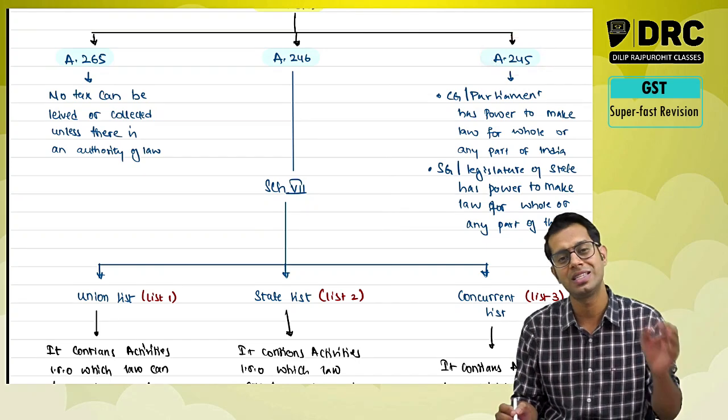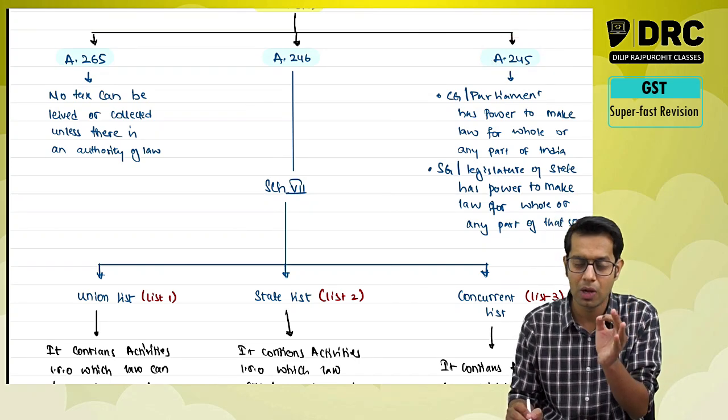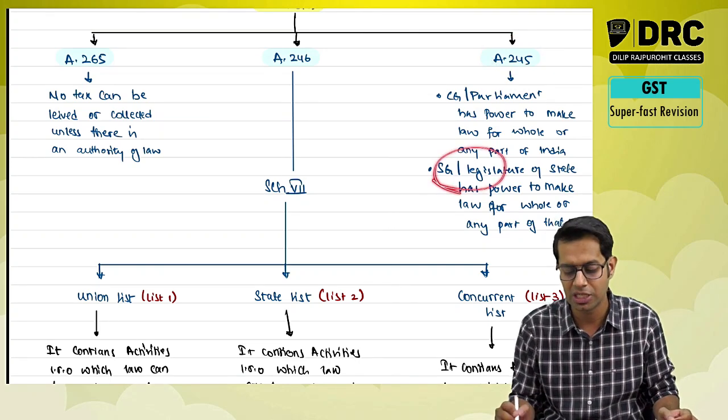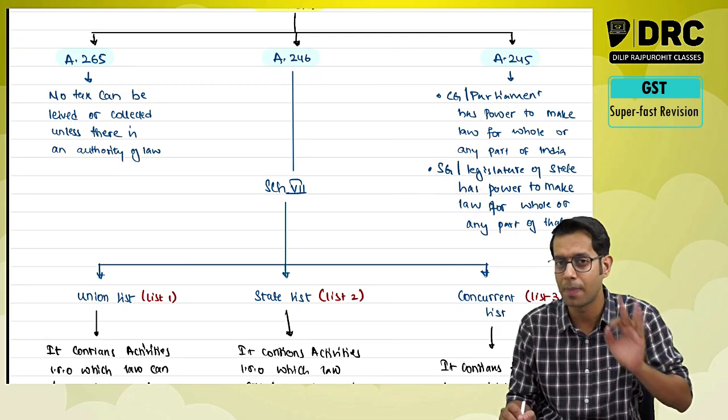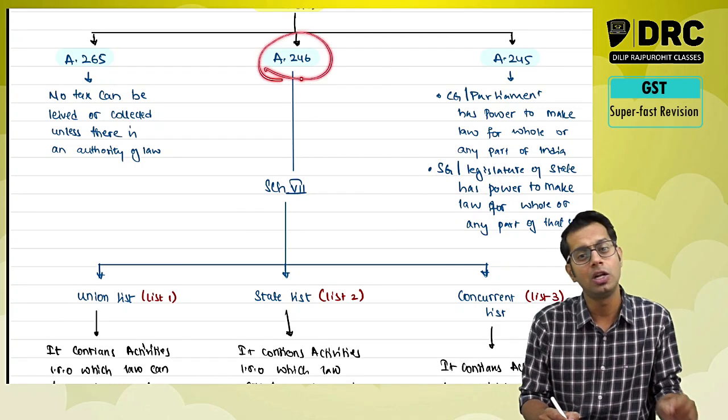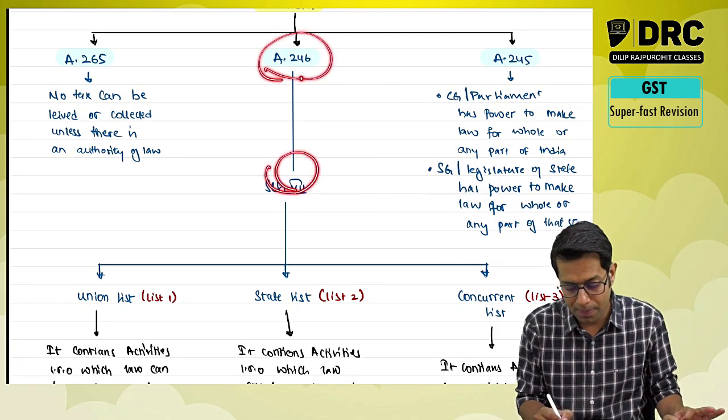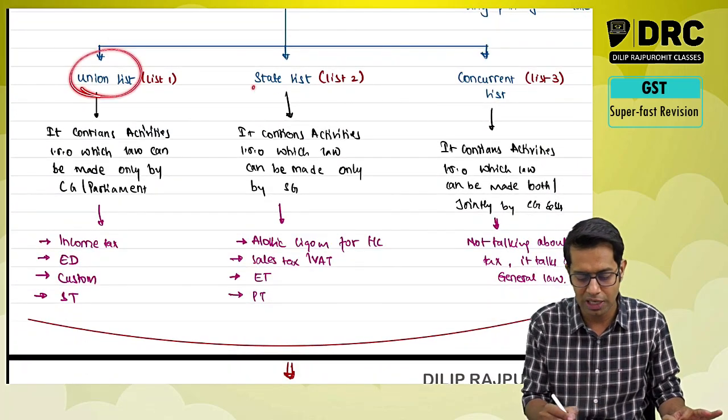Article 245 says the central government has the power to make law for the whole or any part of India, and the state government or legislature of a state has the power to make law for the whole or any part of that particular state. Article 246 has a schedule called Schedule 7, which talks about 3 lists: union list, state list